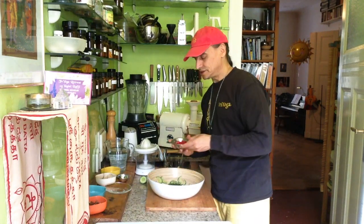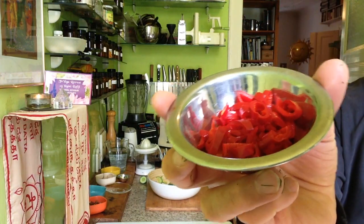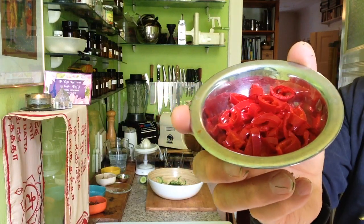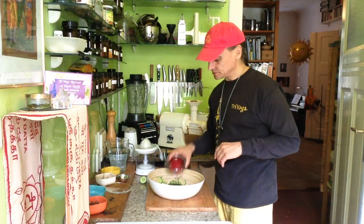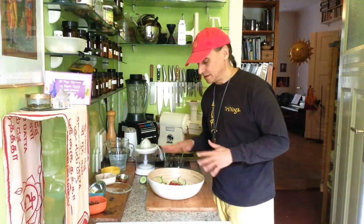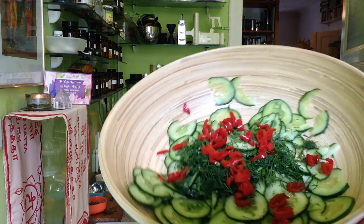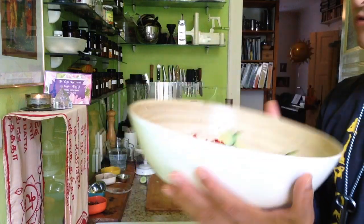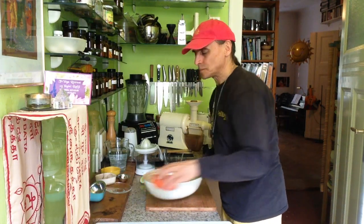The second ingredient for the second part is I have some chili peppers here. They are not that hot, so I took 3 of them or 2.5, seeded them, cut them into ringlets, and when they would be hotter, I wouldn't take that many. But this kind is mild, and look how beautiful that flavor already, isn't that? The color, isn't that nice? This is very beautiful, and that's also what it tastes like to me. Put it aside